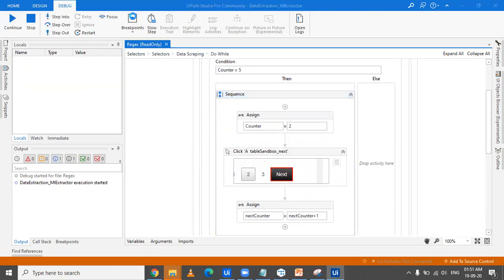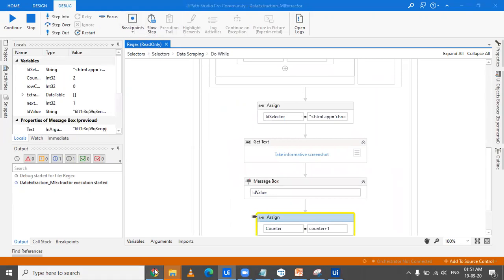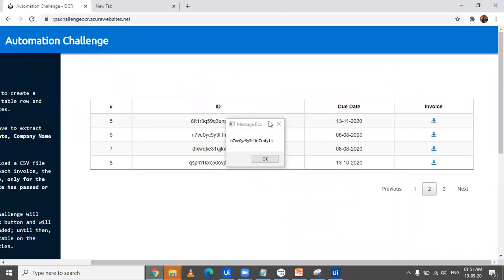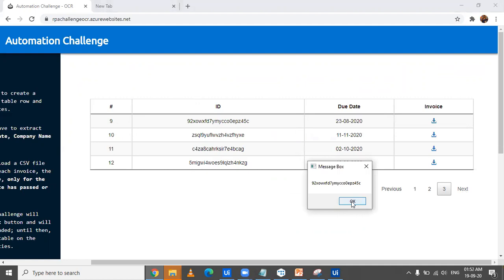So we get in 1 RP. Just remove this counter, go back here and click on continue. And we have got this 1A, and now we're getting the ID ending with GF. And now the last ID would be missed because we have made some issue in the condition, which we know now. So it's ending with 5C. Now we'll be getting an ID ending with XE, and now we'll be getting an ID ending with AG. And now the program has to stop. Okay, there is one more next. Okay, and it has stopped.